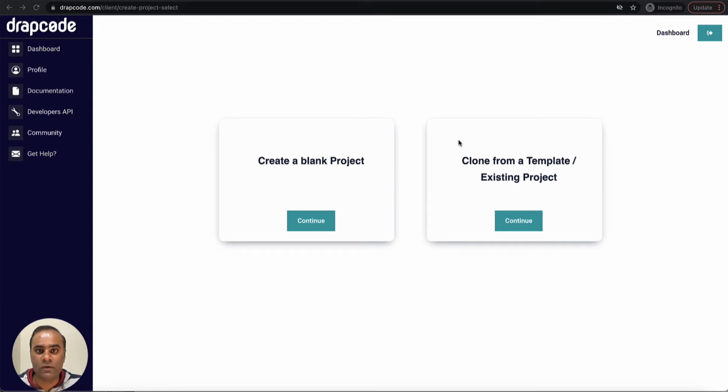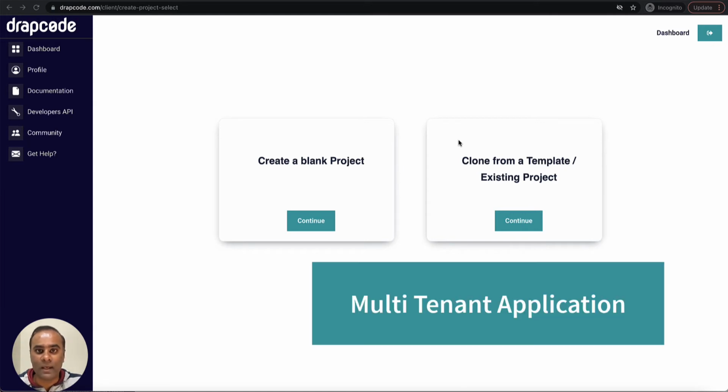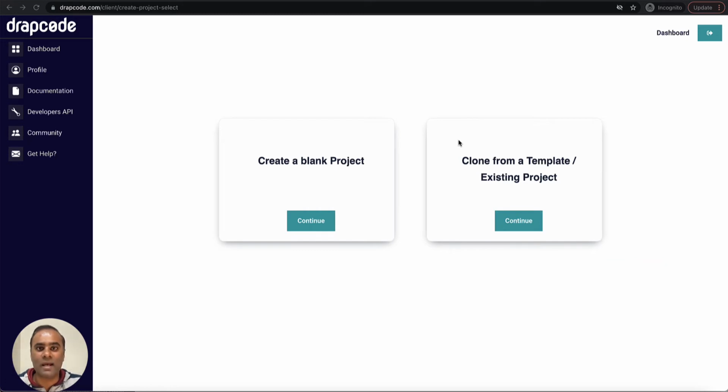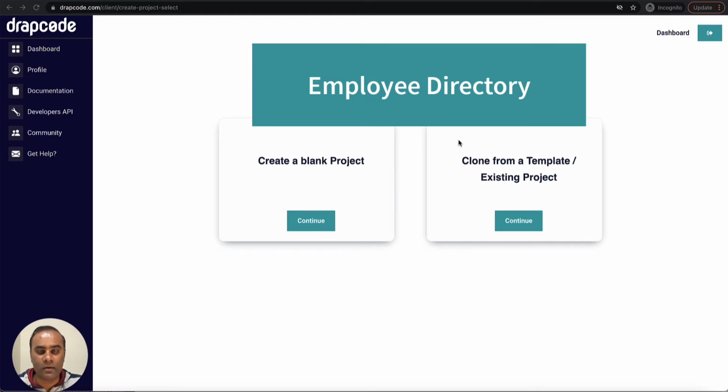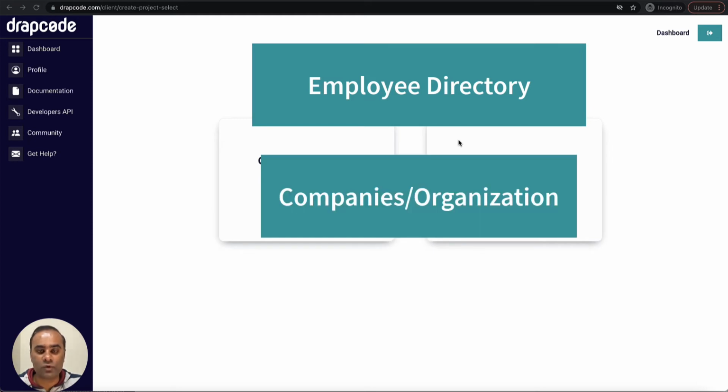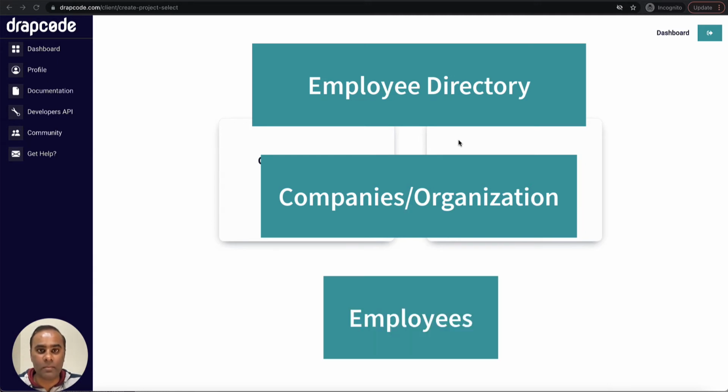So in this video we are going to create a multi-tenant application, or a multi-tenant SaaS, where there will be several organizations. People can sign up for their organization and manage the data of their organization, right? So here we are creating an employee directory where there will be multiple companies who will sign up, create their account, they can add their team members, and every company can manage the data of their employees or the directory